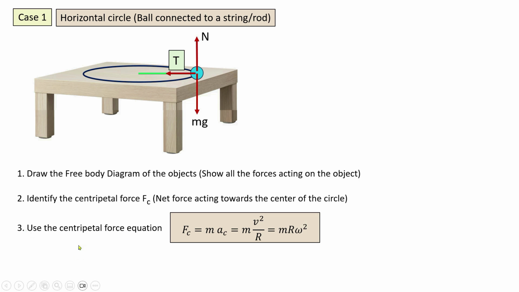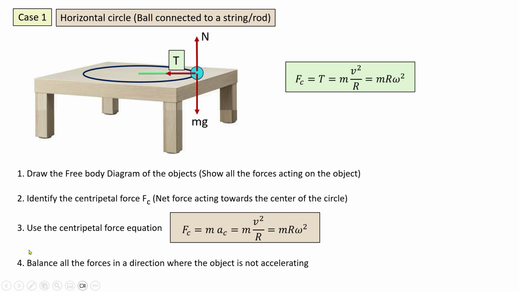Step 3, we use the centripetal force equation. So here Fc is equal to T. So I'll write Fc is equal to T, which can be written as mv square by r or mr omega square. And finally, step 4, we need to balance all the forces in a direction where the object is not